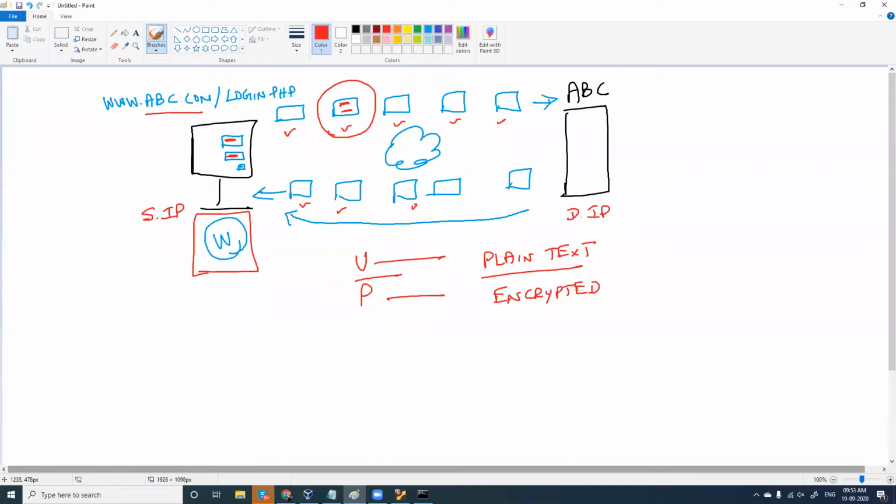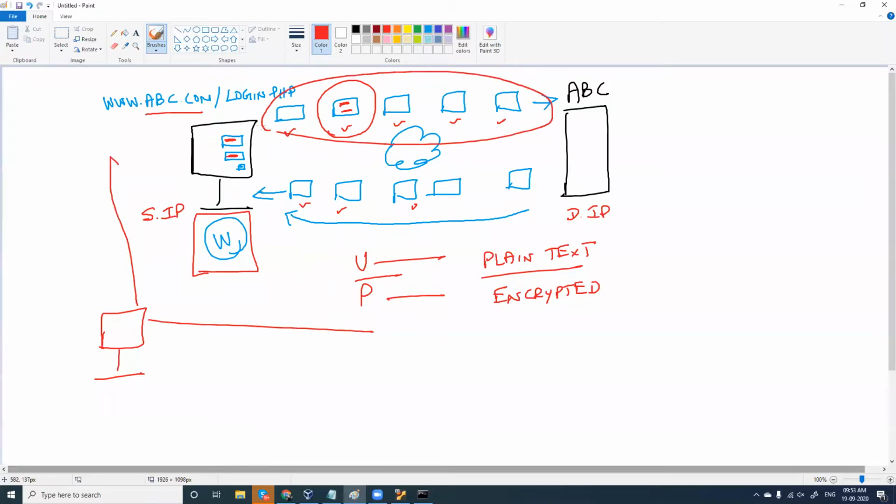Right? But you have to understand this. In case you are able to capture packets, an attacker, if he is able to monitor everything you are doing and capture all your packets, fine, he'll be able to grab your username and password. He will know which website you are accessing. He'll get access to a lot of interesting information, right?